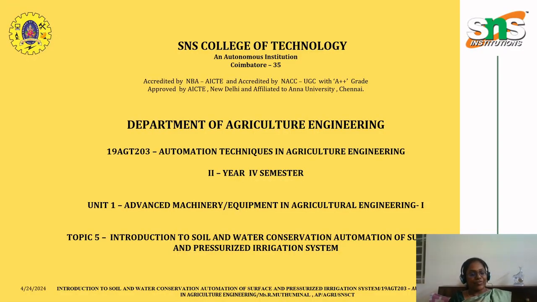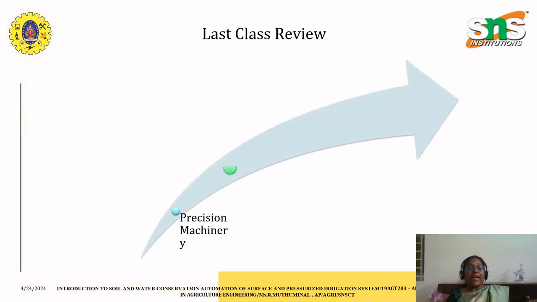Today we'll see the continuity of soil and water conservation and also the automation of surface and pressurized irrigation systems, under the subject Automation Techniques in Agricultural Engineering, for the unit Advanced Machinery and Equipment in Agricultural Engineering, for second year fourth semester students. In the previous class, I took a small review of